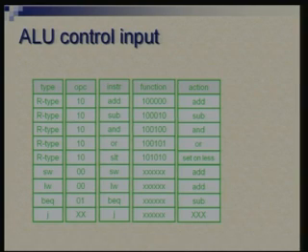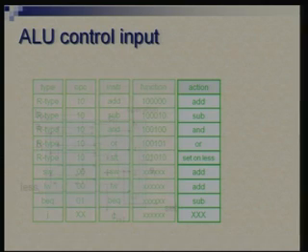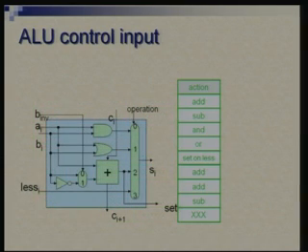So in the R type instructions the action to be performed is directly given by the instruction. So, add operation for add, subtract for subtract, and so on. For store and load instructions, we also need to perform add operation, and for the BEQ instruction we need to perform subtract operation. For jump we need nothing. So, we have enumerated the action required by the ALU for these different instructions, and we are now in a position to define what control input is required for the ALU.